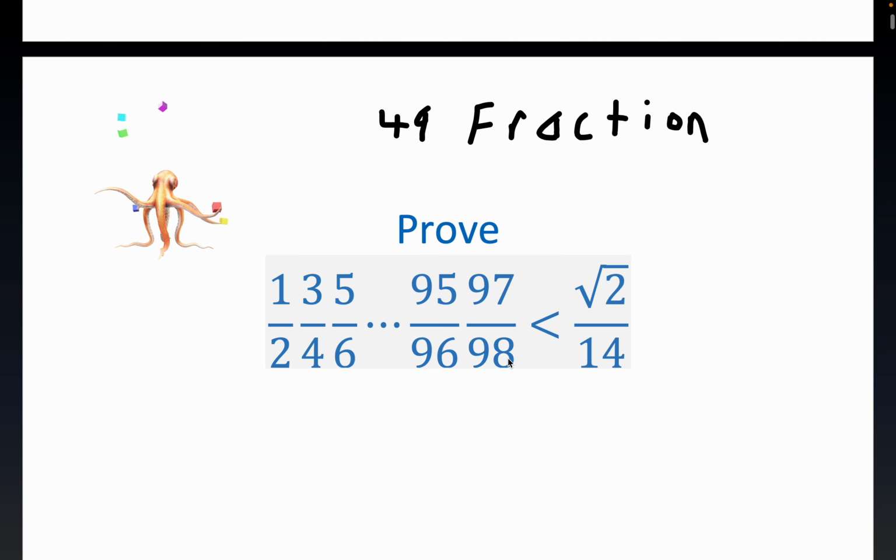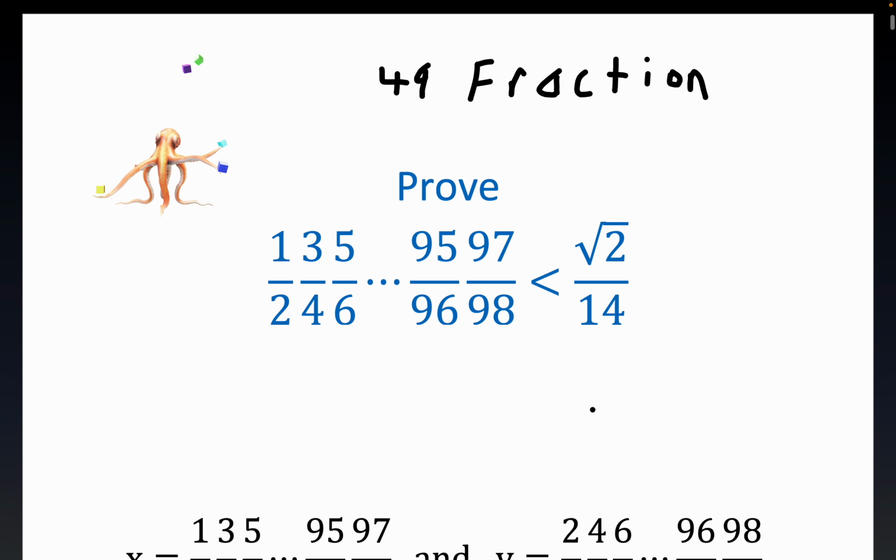And it's easy to see that there are 49 since we have 98 divided by 2. These are the even numbers in the denominator and the odd numbers in the numerator. And we want to show that it's less than this very small number, root 2 divided by 14. All right. So